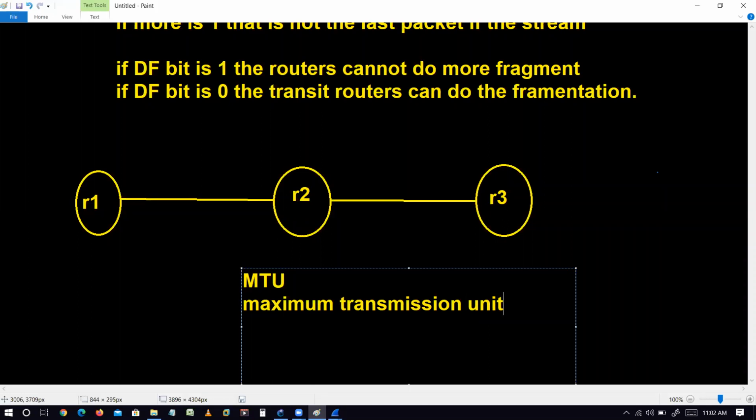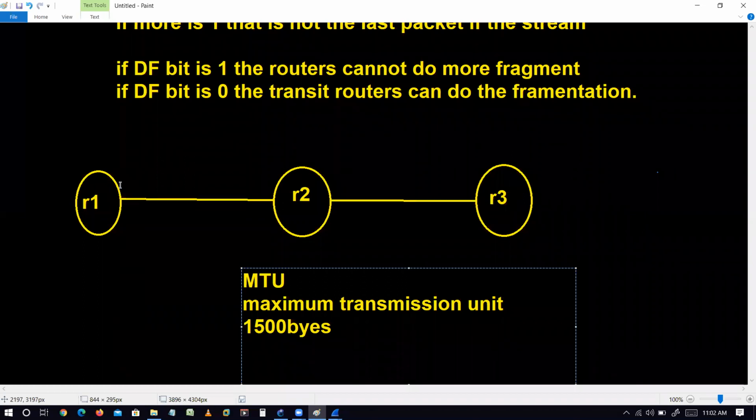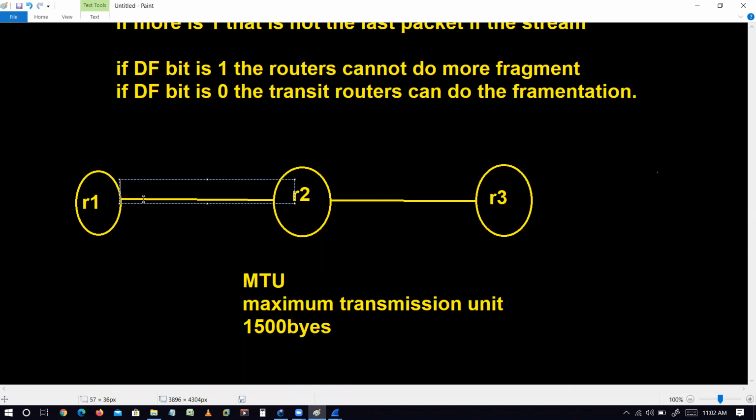So basically this is size. By default it will be 1500 bytes. It means a device can send a packet out with a maximum size of 1500 bytes. So it will be 1500 here, it will be 1500 here.